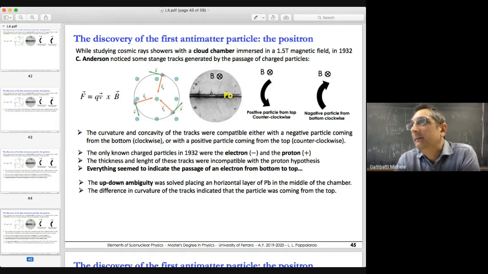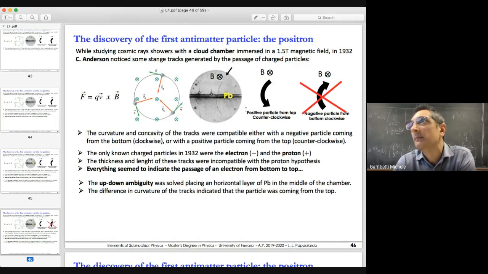And what you see here is that the curvature increases in the bottom part. That means that the particle was coming from the top with higher energy. It lost some energy in the lead. It came out downward with lower energy because it's now bending more here. So in this way, the top-down ambiguity was solved, and so we can exclude this hypothesis. So the particle is indeed coming from the top,